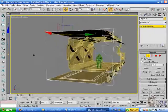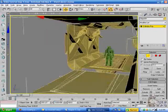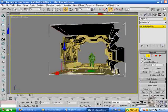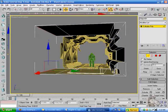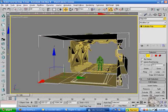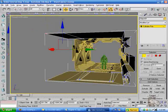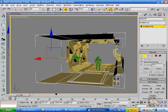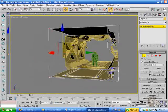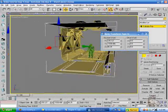Actually, first select the first one. Copy its coordinates on the y-axis. Select another one. Drag it out, just any random number. Now I'm gonna place this. Now I'm going to select all the vertices. Place it back to where it was. And just so I can be exact, I'm going to go up here and right click the select and move